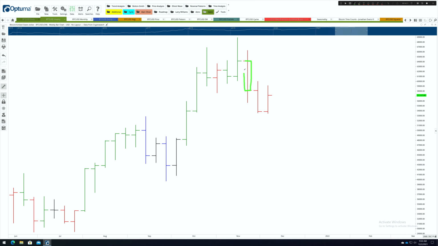This is a bar chart now drawn as a candlestick chart. So if you want to actually know what the candle formations are going to be, well, here they are. The bar chart gives you the candle formations, and it actually gives you other clues in the market that the candlestick chart may sway you away from.